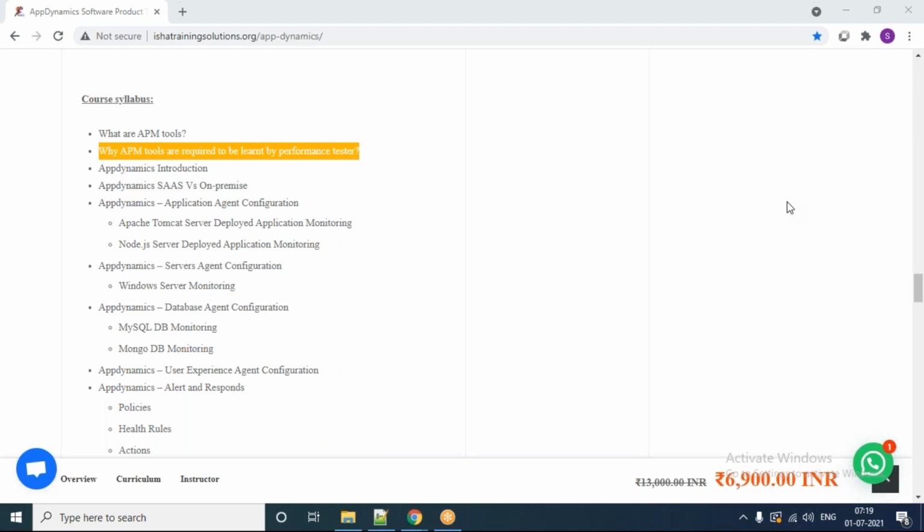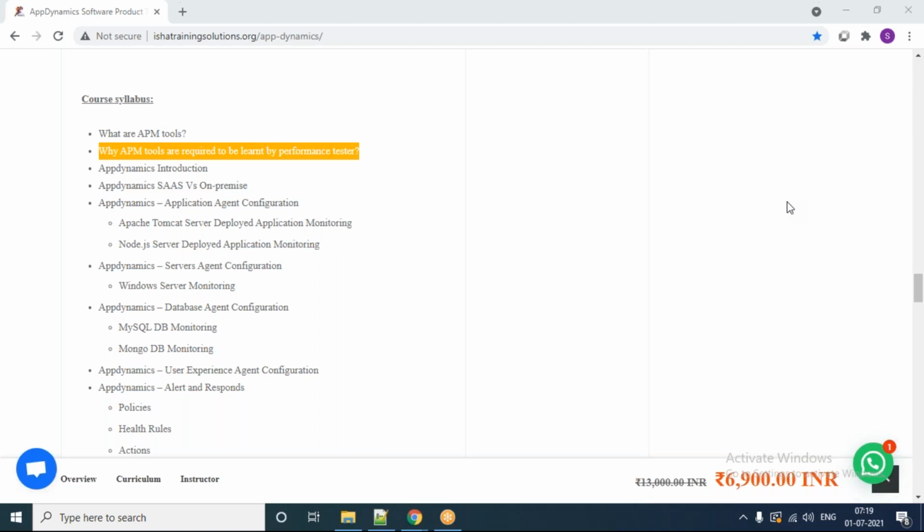There is a pro license and a light license. Initially they give you the pro license. Pro license means you can use it for 15 days, and you can configure five applications, five units. After 15 days, that pro license will become a light license.